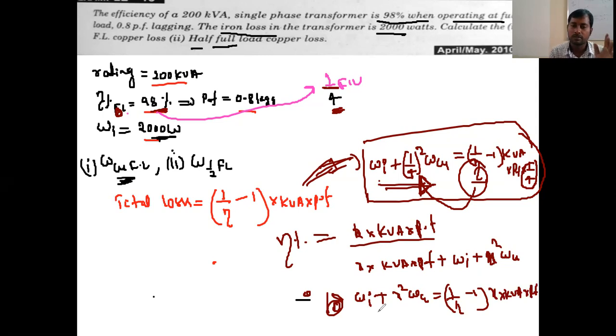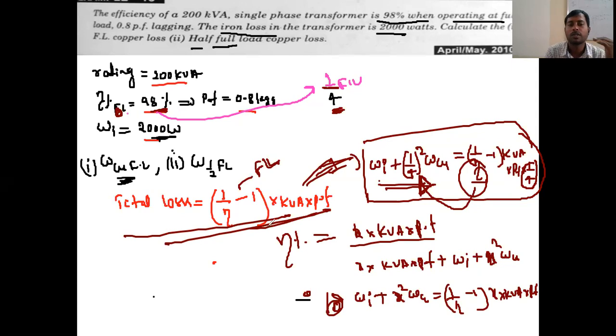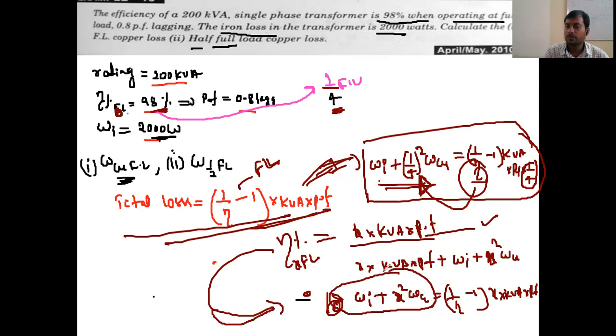This is a different one. This is a logical one. You need to think differently. You should not use this formula for all problems. The earlier formula is for full load only, because it is derived from full load copper losses and full load efficiency. So this is for x of full load efficiency. The formula is this one. From this, the total losses at x of full load will be like this. In this way.